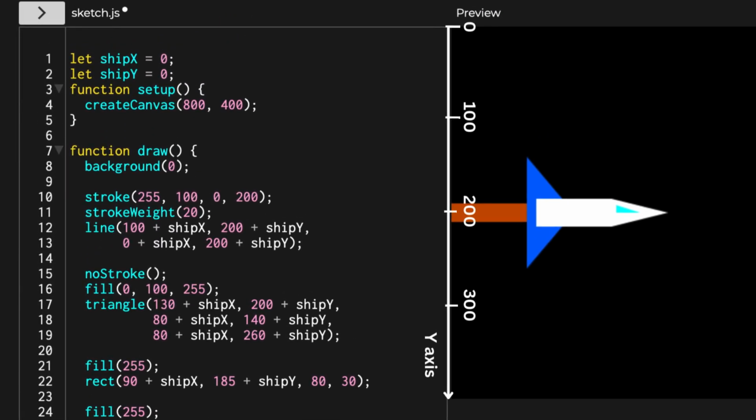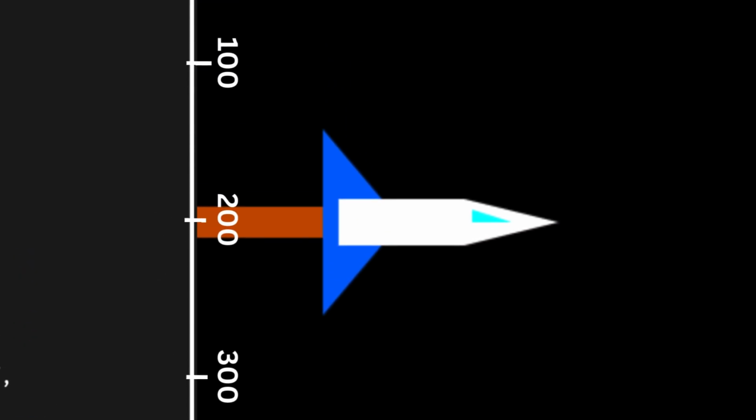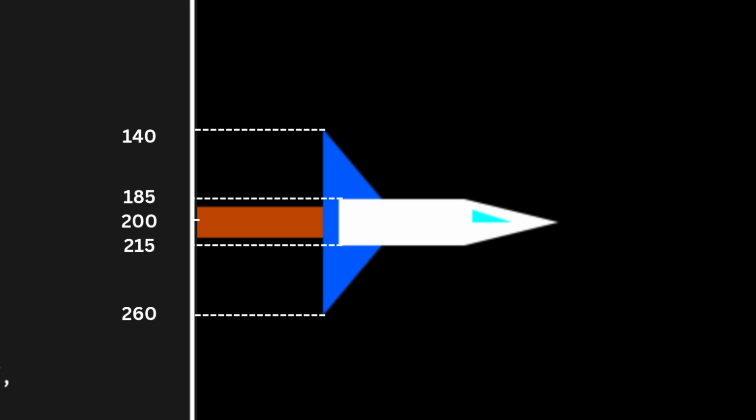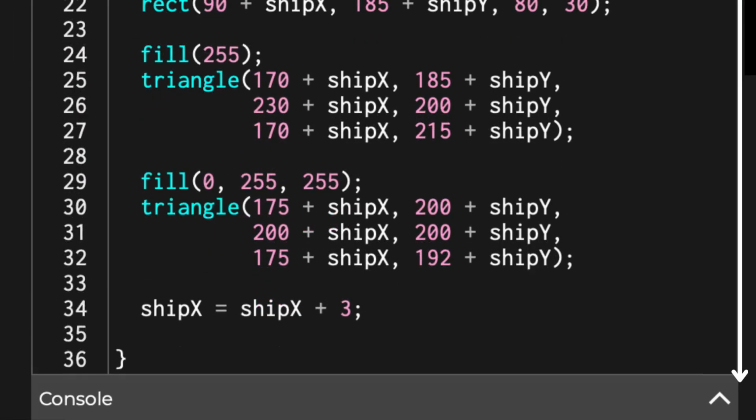Remember the coordinate system? 0 is at the very top and Y values increase as you go down. So currently, our ship is at a positive Y position. To fly up towards 0, we must decrease that position.